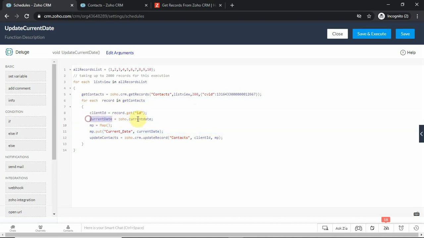Then I'm taking my current date using a system variable in a variable. I'm defining my map here. Then I'm putting this map here. This is the field which I need to update, and this is the variable of my current date which is supposed to be updated. And then I'm using the update record method of Zoho CRM to update all my records. So here I'm defining which module I'm supposed to update, based on what ID, and what I'm supposed to update. This is the map here.